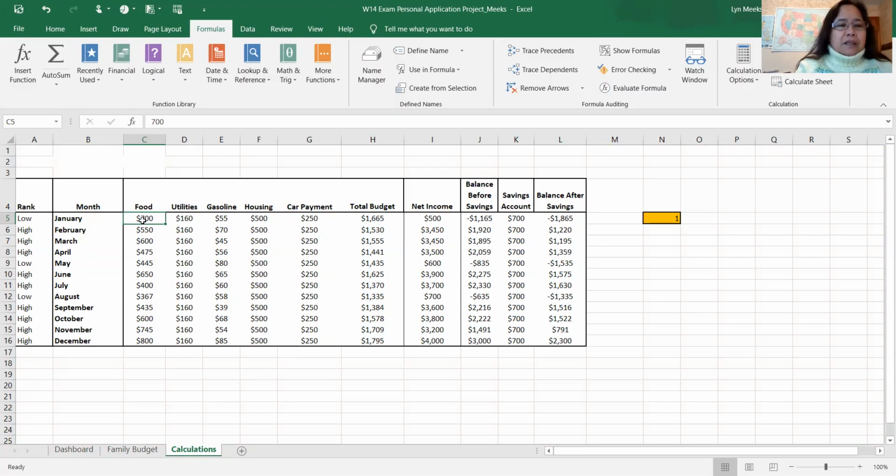I did this way so that I can change it if it will change the year.